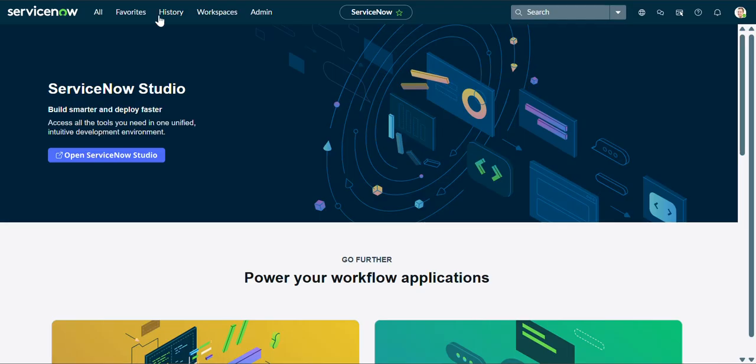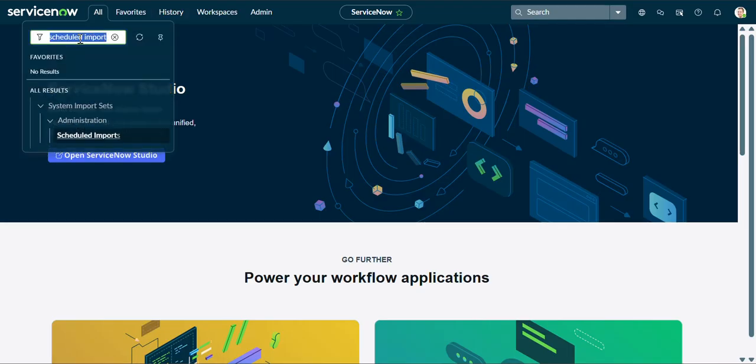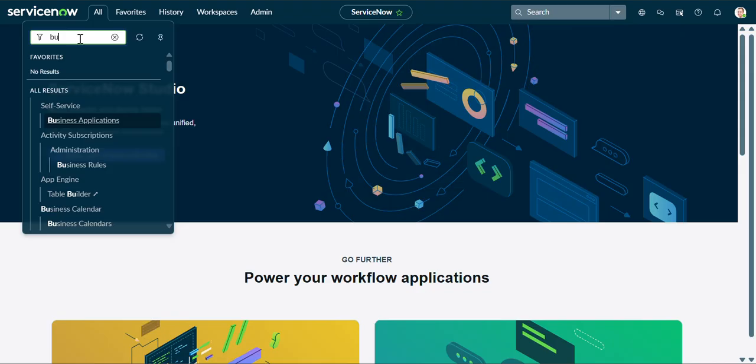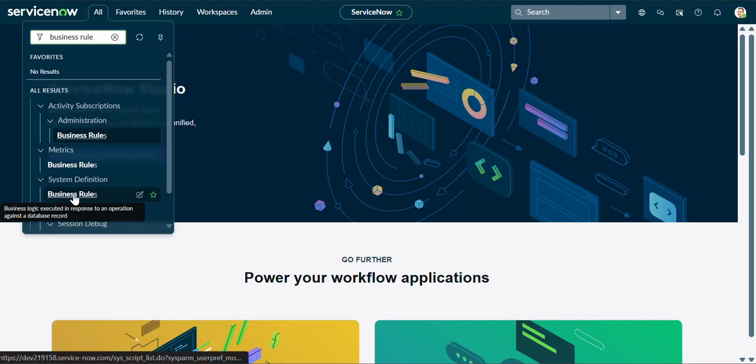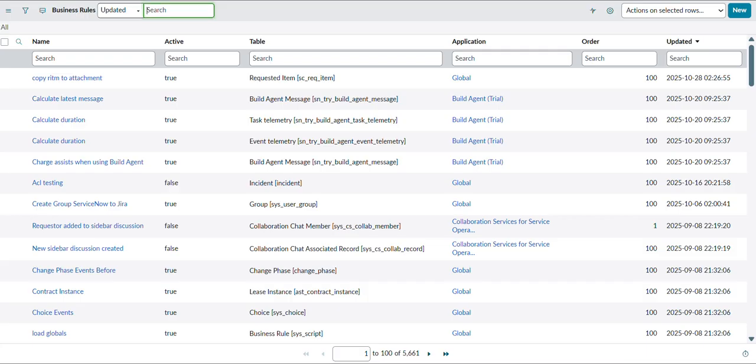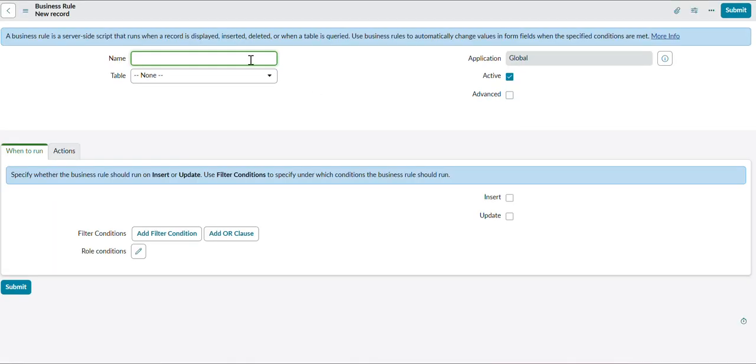So I will open one BR. First we have to write that business rule. Under system definition we have business rule. Here you can see we have to write the business rule, and as of now we don't have any business rule for that, so we just click on new, and we have to give the name of that one. Suppose we have given the name,